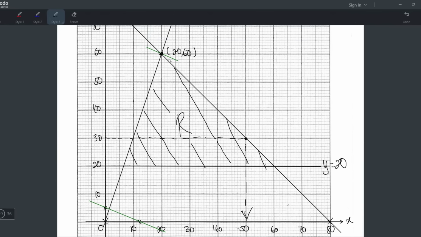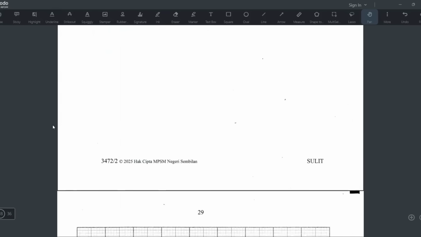Okay, point ni boleh ambil sebab apa? Sebab dia tak berada dekat dash line. Yeah, it's not on the dash line, and also dia tak ada decimal. But remember, if it's dash line ataupun dia ada decimal, then you have to take other points that is inside the shaded region and is like near to the answer. Okay, so 20, 60 boleh ambil. So boleh ganti